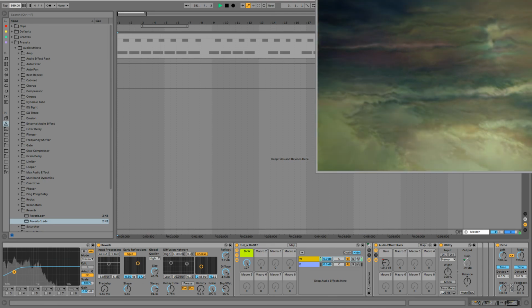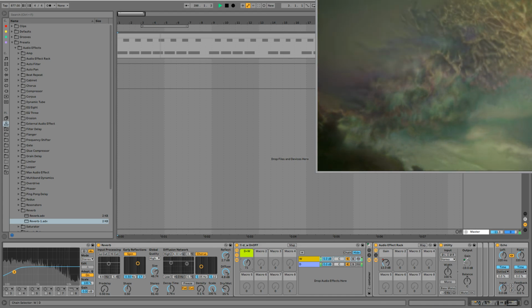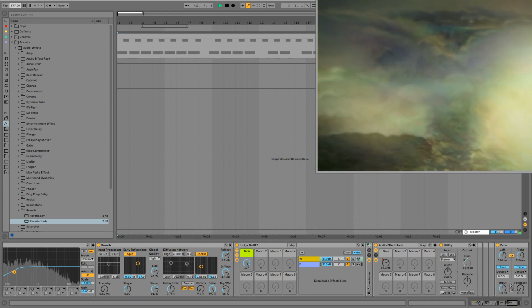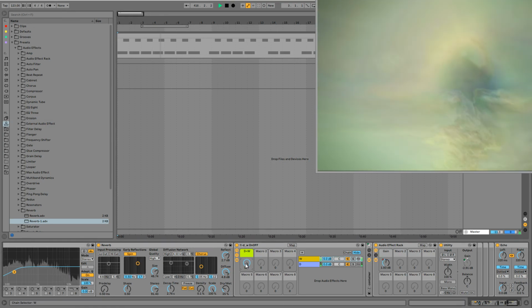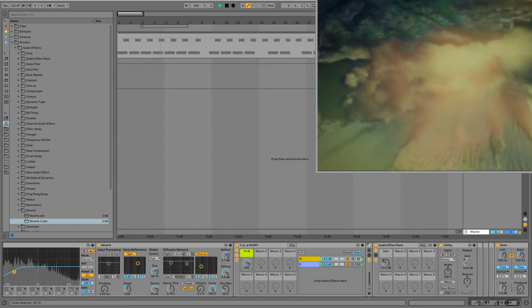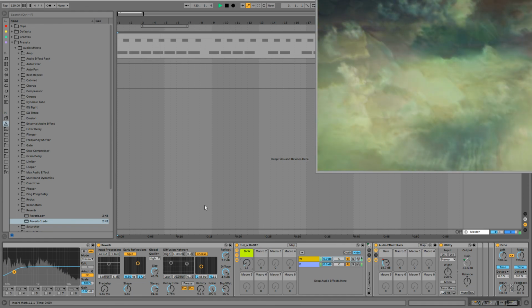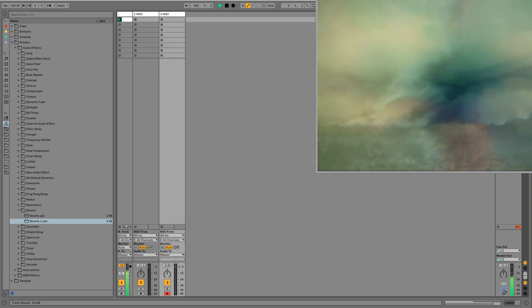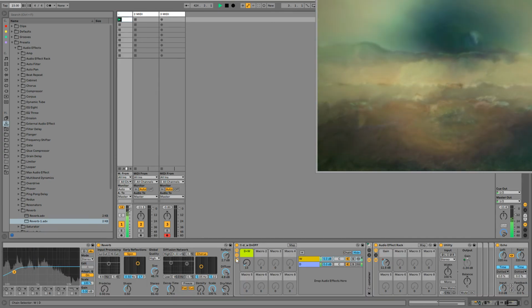Obviously, the faster we go, we can get some really crazy stuff because our automations are all following the tempo. Weird and wild stuff.